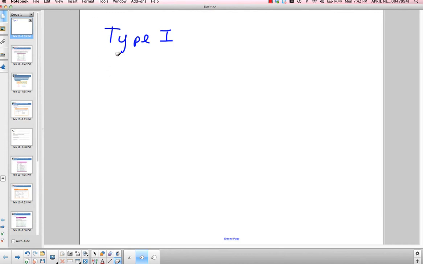Hi class. Today we're going to just go over the type 1, type 2, type 3 briefly as a review, and then I want to look over the type 4 compounds, and then finally we're going to wrap up with naming some acids. So as a review, the type 1 binary compounds meant that you had some sort of metal,